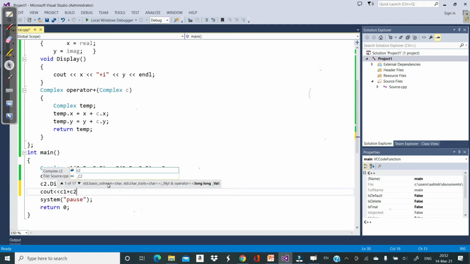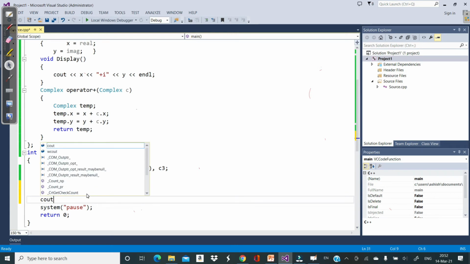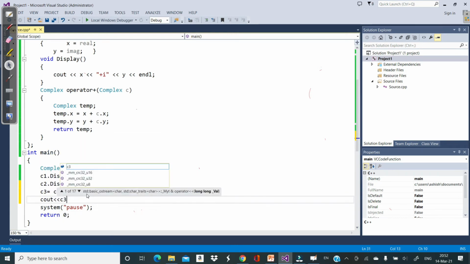It will work because we have already overloaded the plus operator. So C3 is equal to C1 plus C2, because it is going to save into another object, and then we can display object C3.